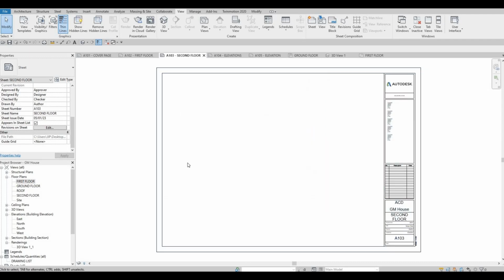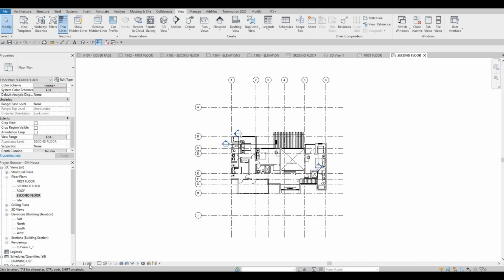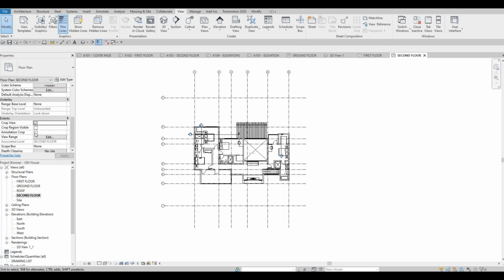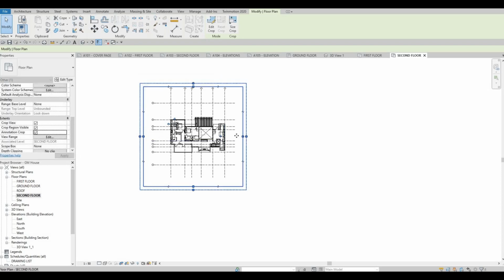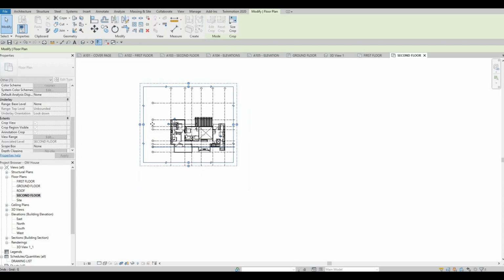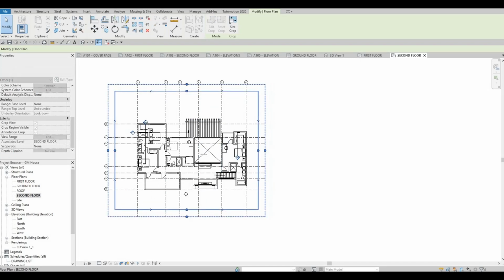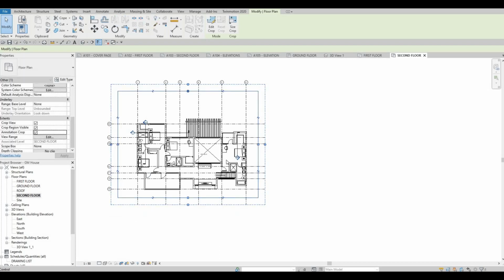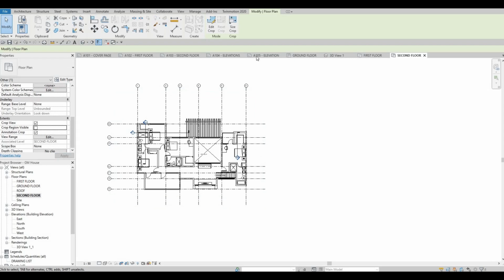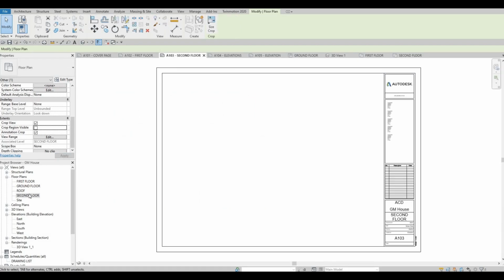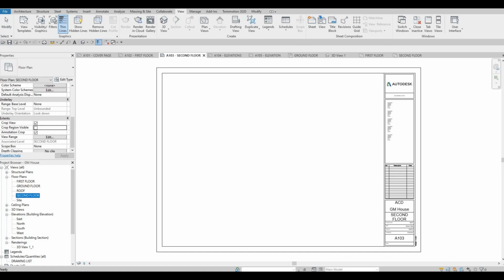So now we go to second floor, but before we put on the second floor, we need to clean it up similar to what we did on the first floor. So now put it in the proper scale, uncheck all of this, or check all of that, and then move it to the space. And here we have enough space that we don't need to show everything. So here I'm just putting it like that. And then after that, uncheck this visible, go to second floor, and then drop in the floor plan second floor